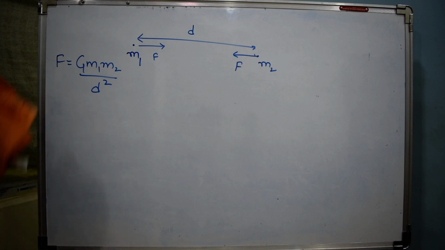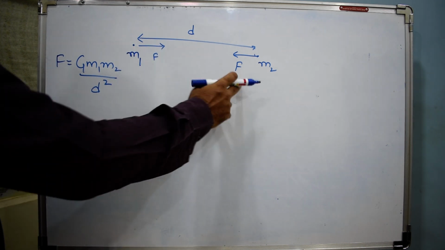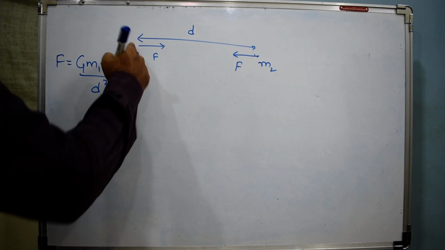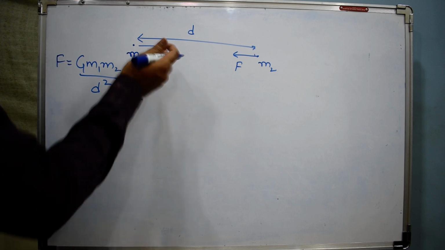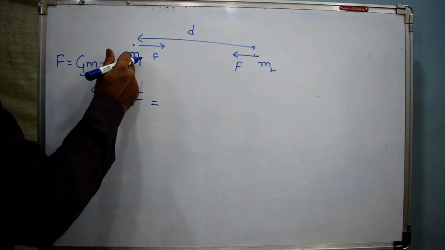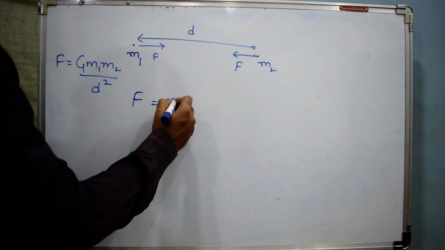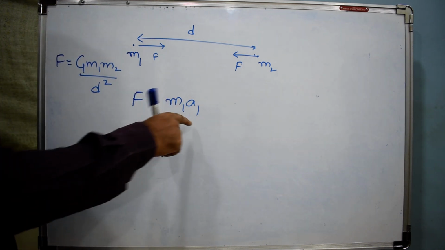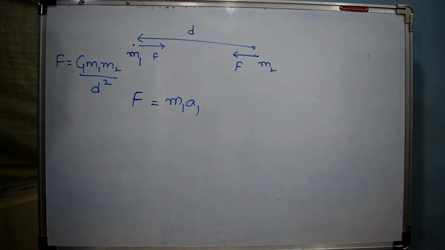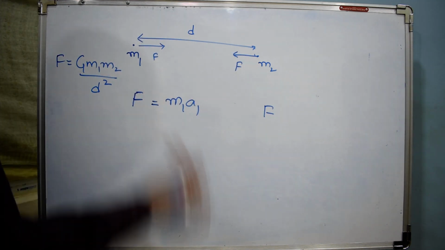Now how do we find the acceleration of each of the masses? See, the force acting on this is F, and on this also F, but they have different masses. So the acceleration can be found from Newton's second law, where in this situation, since mass is not changing, we can write the force acting on this. There is only one force acting on this, so it is also the resultant force. Force is equal to mass of the first one, m1, into, let's assume its acceleration is a1 at this instant of time. For the second mass the same force F is acting, but in the opposite direction, I'm just